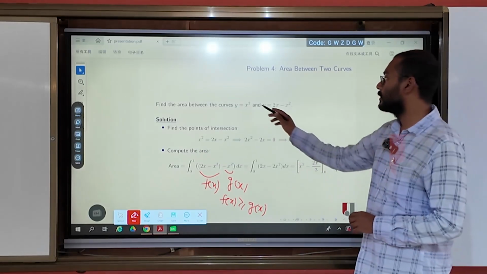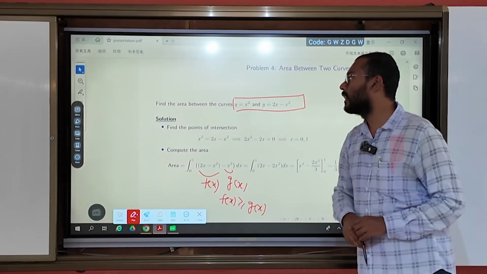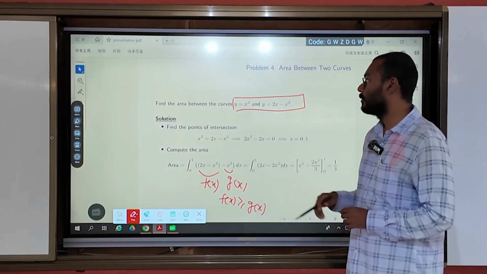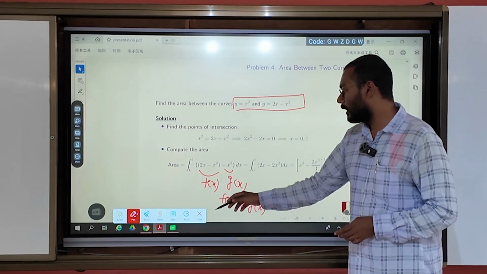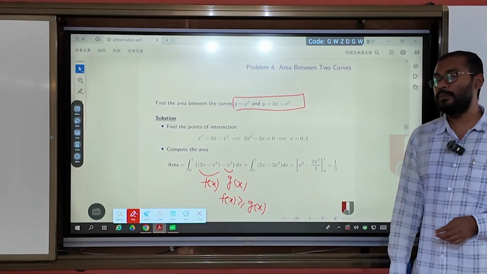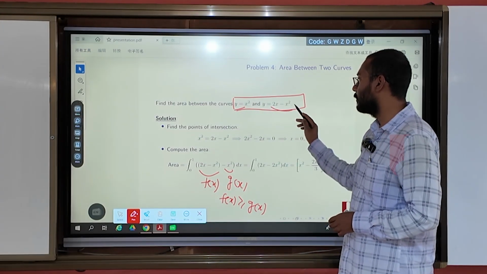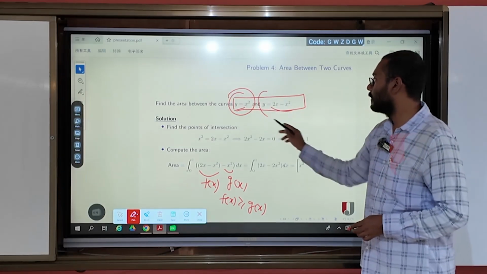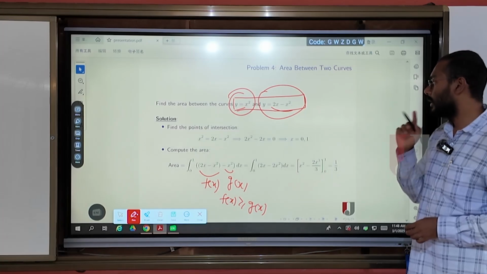So before starting any problem like that, area under a curve, first we have to draw both the curves, otherwise we cannot compute the area. Okay. Although here we can use Desmos, we have to know how to draw the curve. So this is actually a parabola, this is another parabola. Okay. So by using our sense of parabola, we have to find out the curve, and